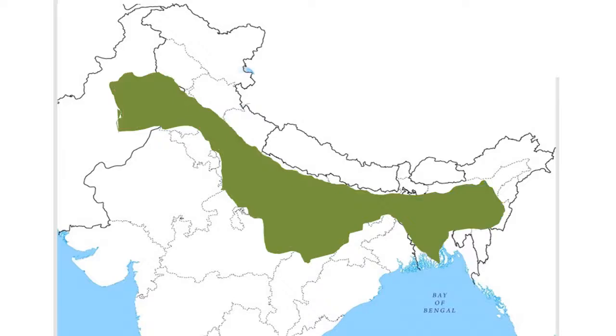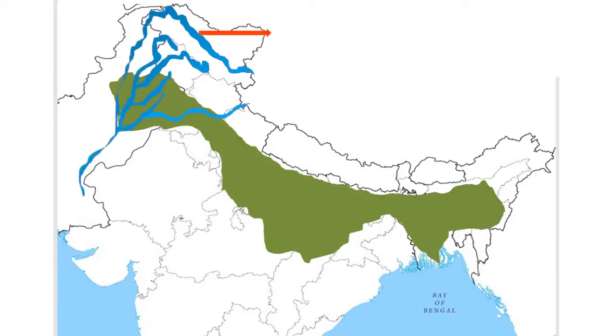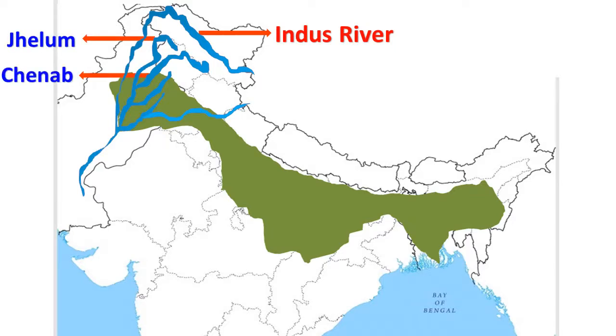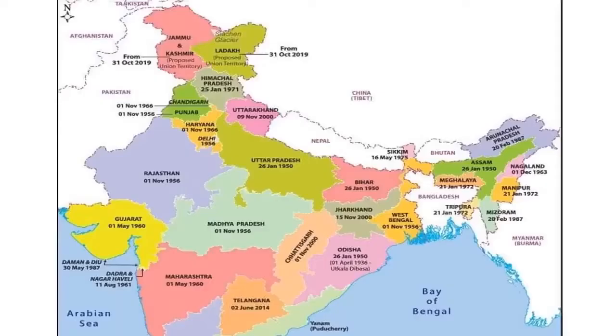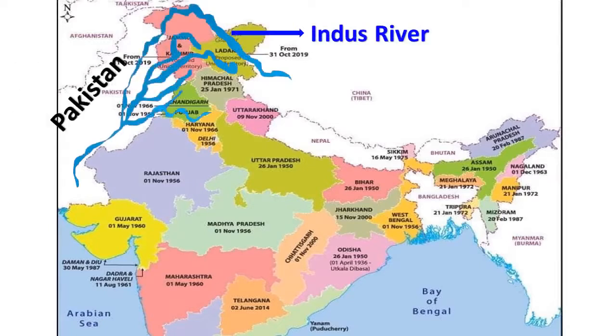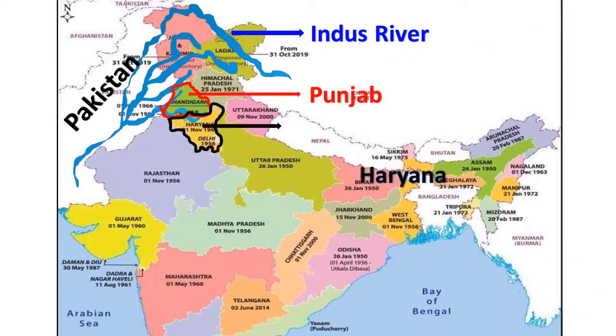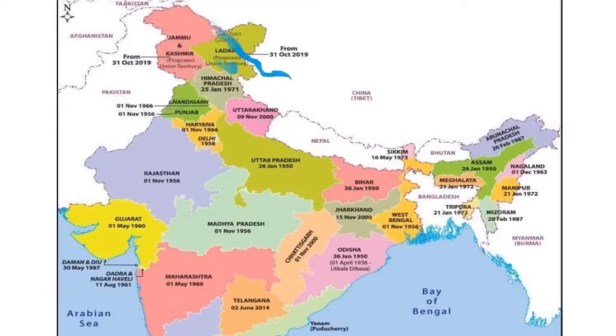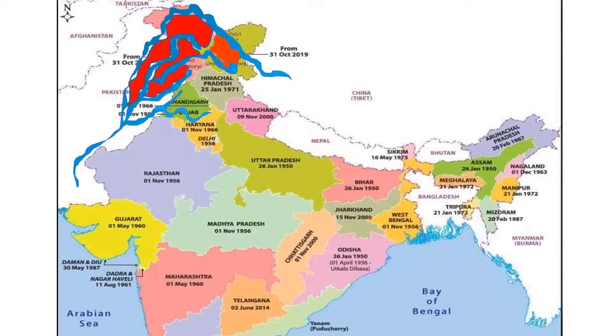The western part was formed by the river Indus and its tributaries, the Jhelum, the Chenab, the Ravi, the Beas and Sutlej flowing from the Himalayas. Most of the Indus River basin is located in Pakistan, leaving a minor portion of Punjab and Haryana plains in India. The area between two rivers is called Doab. In this region, the Doabs dominate the fertile land.